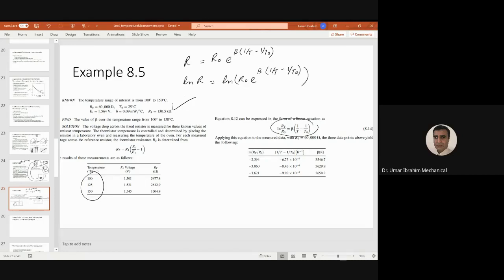जी रसूल आगे बताएं क्या होगा। सर ये नेचुरल लॉग ऑफ आर नॉट हम नीचे लेंगे, ln r naught प्लस नेचुरल लॉग ऑफ e raised to power beta 1 over t minus 1 over t naught। नेक्स्ट क्या होगा, ln r माइनस ln r naught is equal to beta 1 over t minus 1 over t naught, और ln e से क्या बनता है, बस 1 ही आ जाएगा। गुड, सो देन वी कैन राइट इट एज,